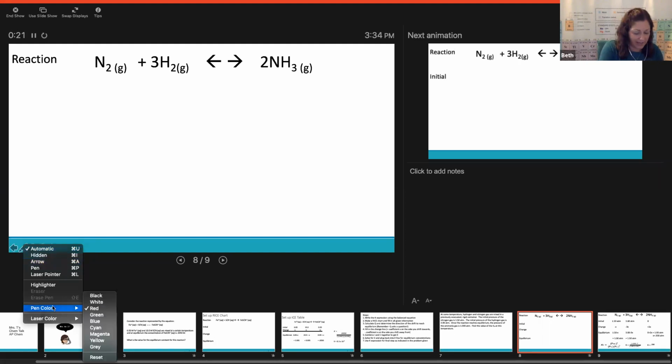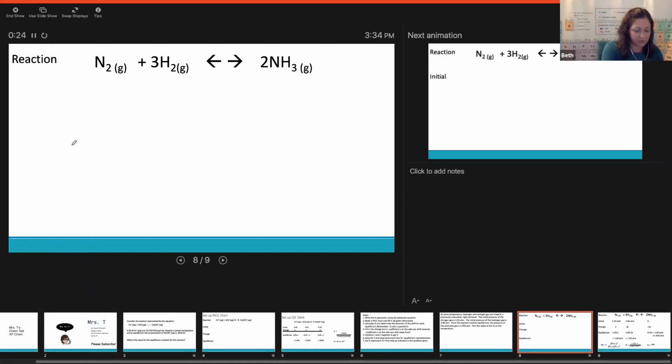PowerPoint ink tools. And if you go to the PowerPoint ink tools, you can go on the screen and you can write. And using the PowerPoint ink tools, which are on the bottom left here, as you can see as I hover, I can use the pen in PowerPoint, and I would need to be either presenting via Zoom, like I am right now, or presenting via Google Meet, or screen recording. I can use this in Loom or in Ink2Go or Screencastify or any of those programs, and I can go ahead and use the built-in ink tools from PowerPoint to go ahead and say, okay, I want to use